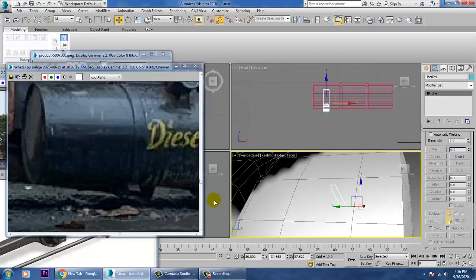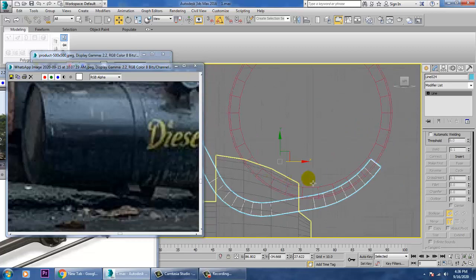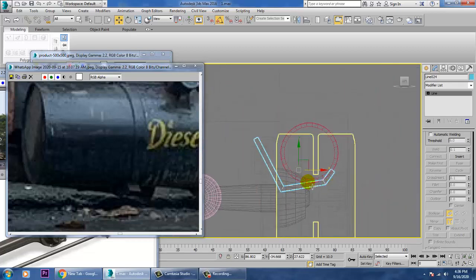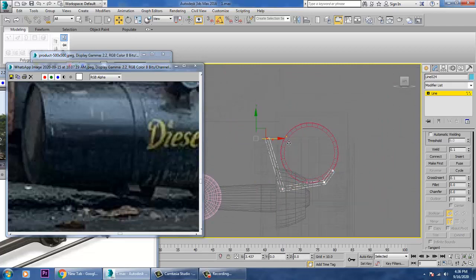So definitely whatever you're doing, select this over here again and just push this up over here and push this there. So again select both the vertices and let's just give a fillet to it.